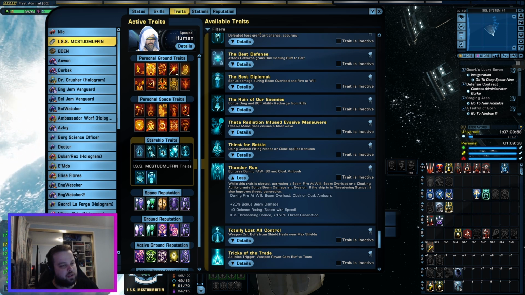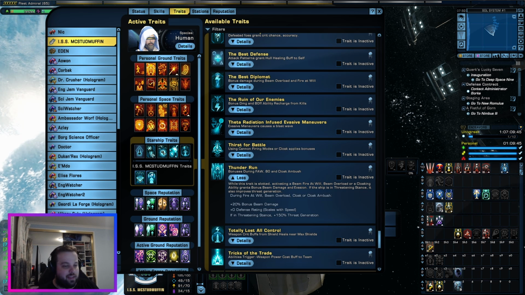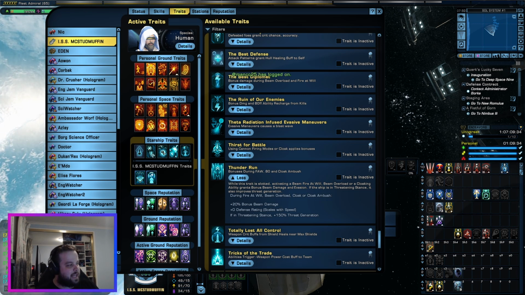This is a cool trait because it's basically a tank trait, only because if you were to run this on a DPS build, 2 out of the 3, you're not going to get use of. You'll get use of the bonus beam damage, but the defense rating and the threatening stance is just not going to be any use to you. These are tanking stats. So that's why I listed it here on the tank list, not the damage beam build list. Anyway, guys,